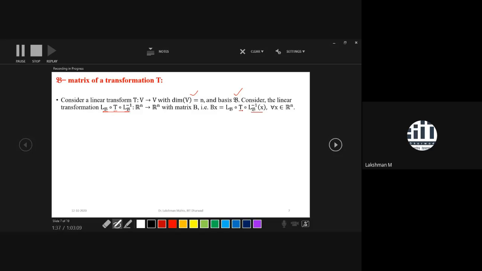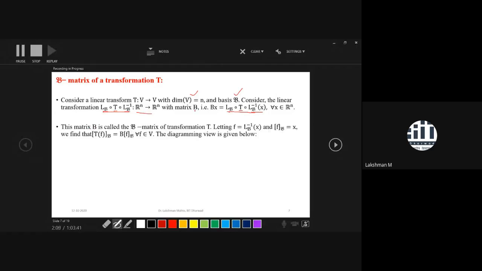Talk with respect to the previous example. It would be the derivative. So you are differentiating, then you are getting another polynomial, since the derivative of a polynomial is again a polynomial. Then you are further finding the coordinate of that polynomial. That means if you apply all three together, you are getting again an n-dimensional vector. That is why this composed map is a mapping from Rn to Rn.